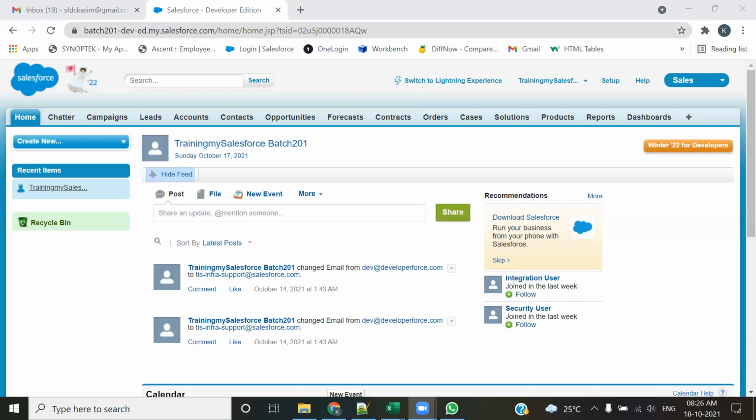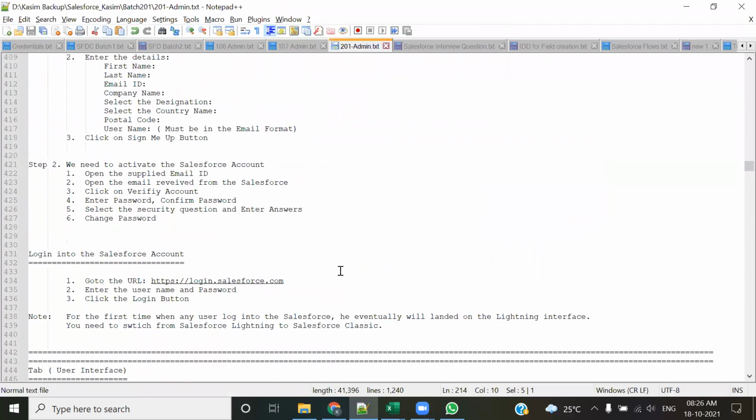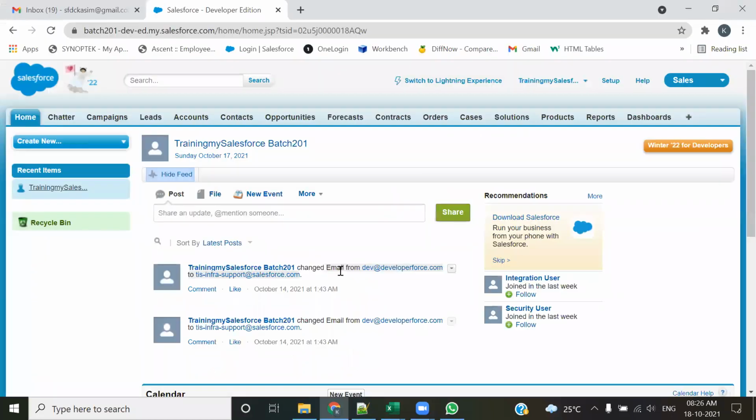So what is a tab? Let's come back to the topic. What is a tab? Tab is a user interface with which I bring the objects onto this user interface. Like if I wanted to use campaigns, I wanted to use the campaign object. How could I use the campaign object? I just require to click on the tab of the campaign object. This is the tab. Just click over here